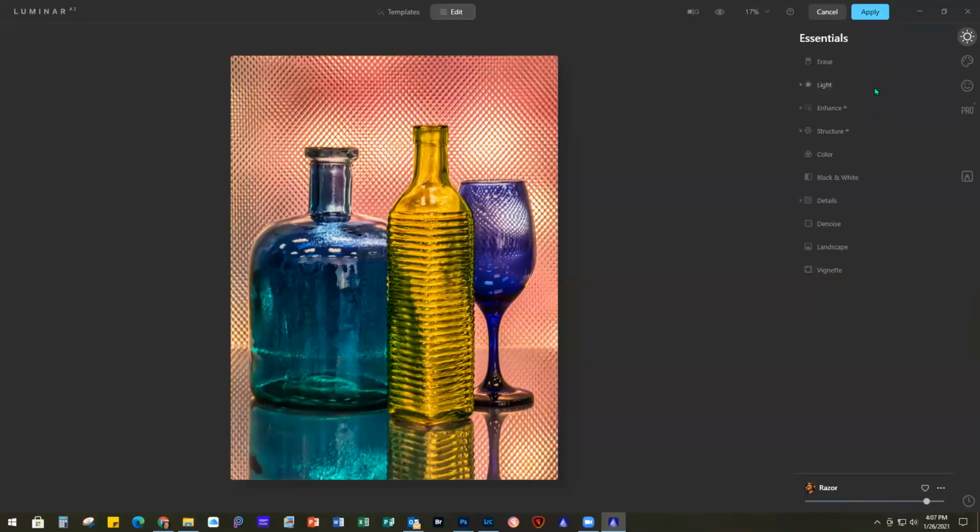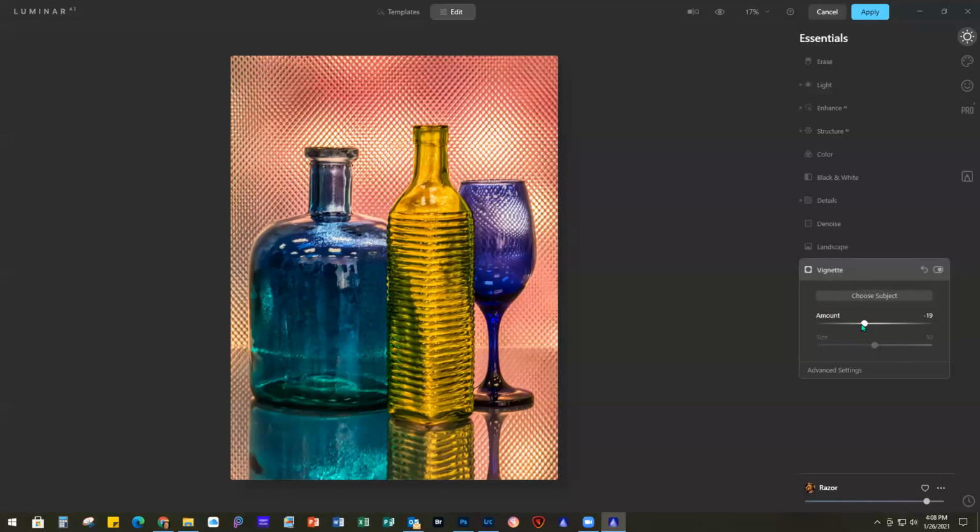And as it has been with this product, if you see a function that's got this little dot in the beginning of it, that means the template that I chose has made some changes in there. So from here, we're going to go to a vignette. I'm going to add a little bit of a vignette to this. And I'm going to change my size